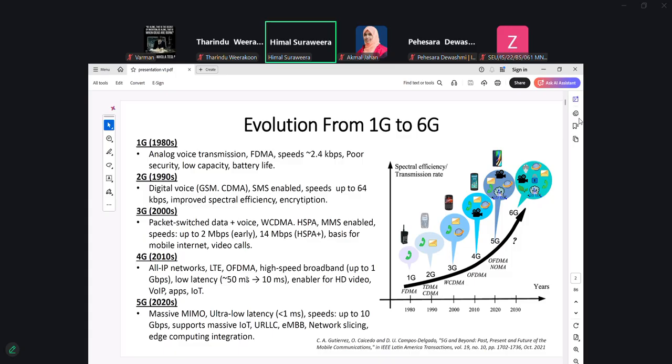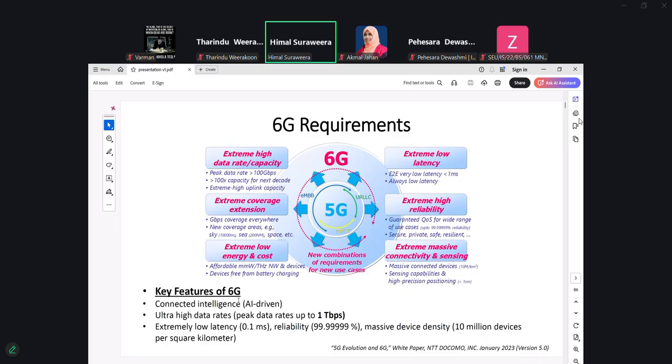And then with 5G, although still in Sri Lanka we don't see much of 5G networks, it was based on technologies such as massive MIMO, and the performance of these systems is fairly advanced compared to earlier 4G and 3G systems, with low latencies and speeds up to 10 gigabits per second and so on. Another pattern you will observe with this slide is that roughly every 10 years, we are witnessing the deployment of a new generation of wireless cellular system. So everybody can easily predict that around 2030, there will be a new generation of wireless systems, which we call 6G.